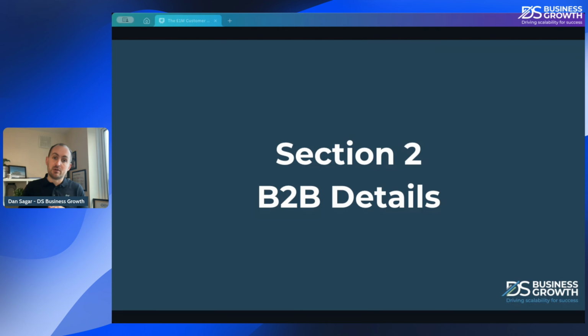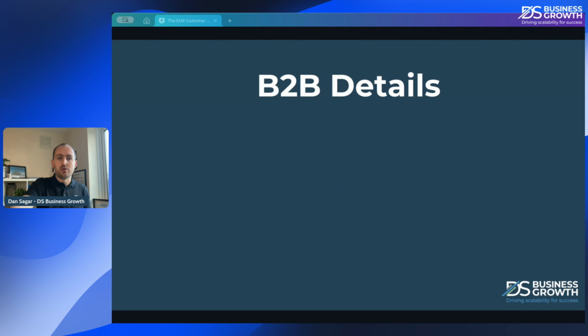And here in section 2, we're looking at the B2B, the business to business details. So if you are targeting a business rather than B2C, business to consumer, or D2C, direct to consumer. If you are a business targeting another business, this section is absolutely applicable to you. If you're selling something directly to the end user, as in a customer, perhaps a member of the public, usually through a product, but sometimes through a service, this will be less relevant, or probably not relevant at all to you. So the things we need to think about when we're looking at B2B include the turnover of that business.